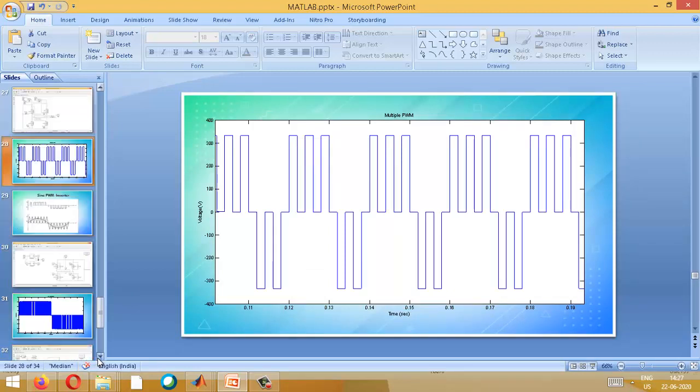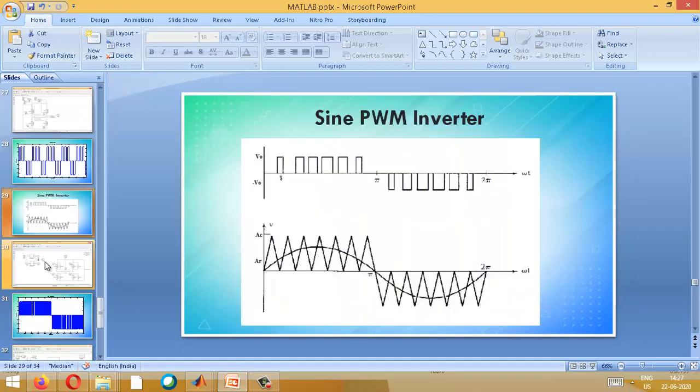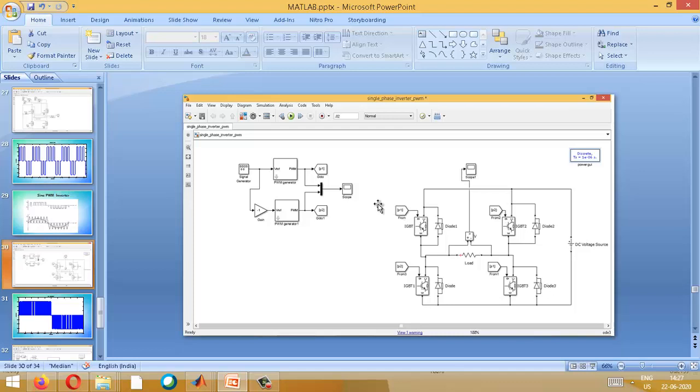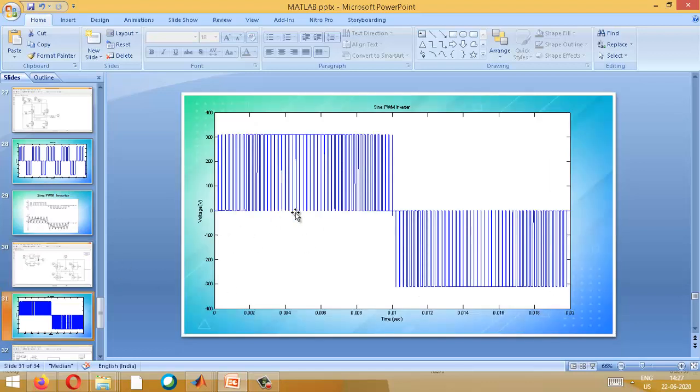Then we have some advantages like sine inverters and all available. In a sine inverter we will create a sine PWM pulse. The output gradually increases and then gradually decreases. That is what we call a sine wave AC output.